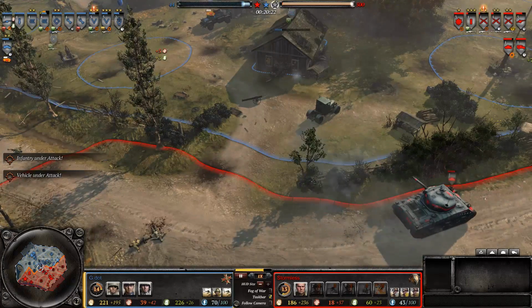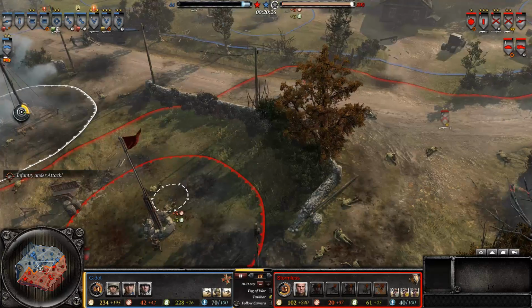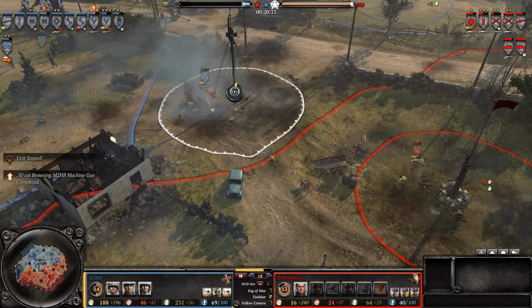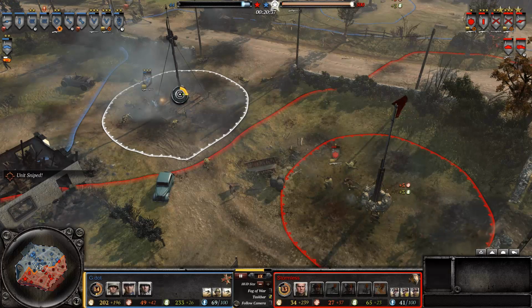Machine gun's got to watch out. He's taking rounds from that Sherman, and one more high explosive round or so might even take out the garrison. No, it does not. Get away in time. Just got a report of an infantry unit being wiped out. And now, although the rifleman squad has died, this major has picked up a BAR. So the major, which has absolutely no firepower initially,